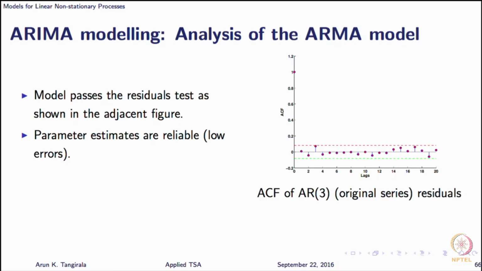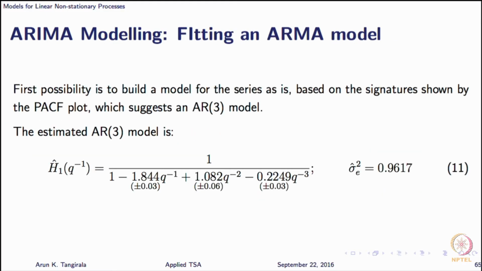Let us look at the residuals first and then come back. The residuals of the AR3 model suggest that the residuals are white. So, we can go back and look at the errors in parameter estimates. Here are the errors in parameter estimates, and they are all fairly low to the extent that all the parameter estimates that I have are statistically significant. Sigma square E is given to you. I have not told you what the underlying process is here, straight away I started with the series. So, we will keep that as a suspense, because that is what is close to reality.